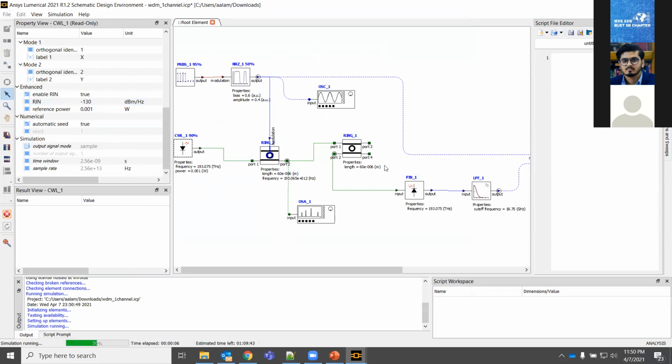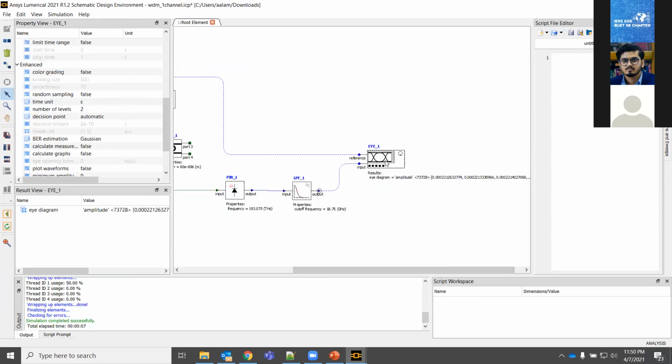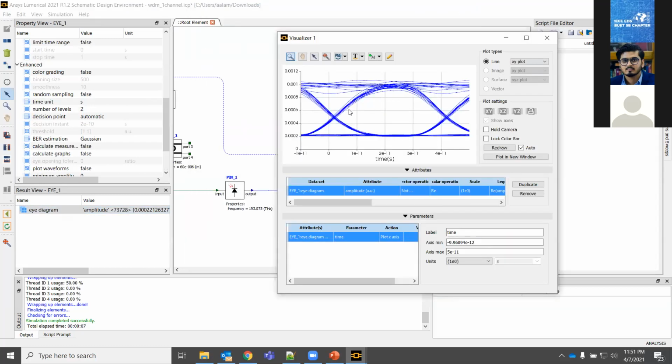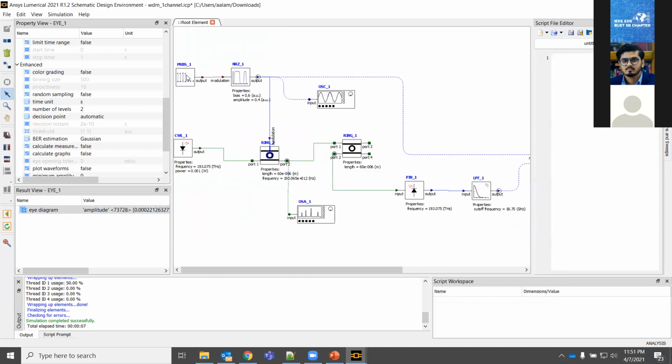And now if we look at the eye, you can see it's still a pretty good eye, but there is some noise now, because my laser source has some extra noise. So again, in terms of some non-idealities, right now in this one, my bit rate is